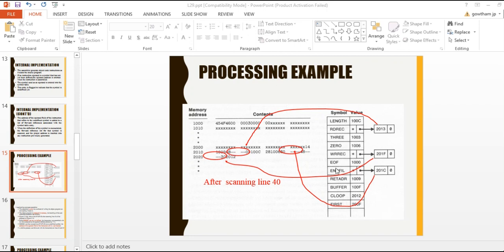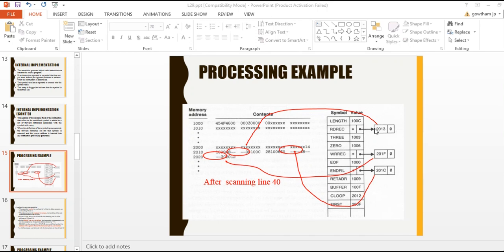The next one is ENDFIL, 30, and the operand field will be blank. Then 48 and blank. Only the opcode will be translated, with no operand field, because these symbols are undefined.